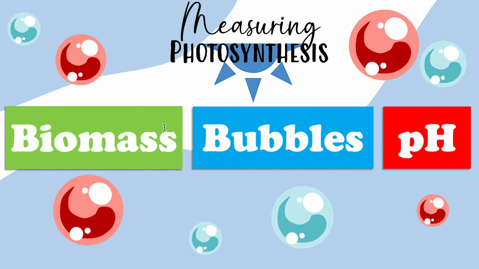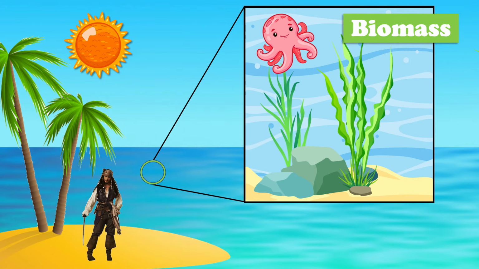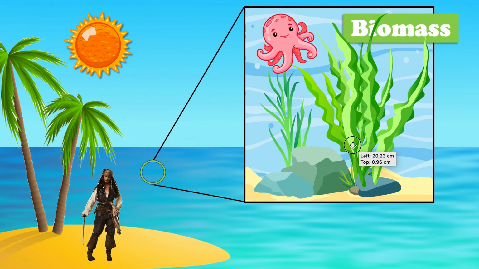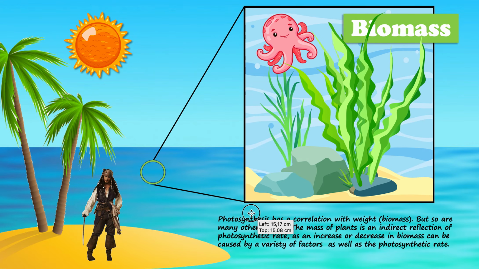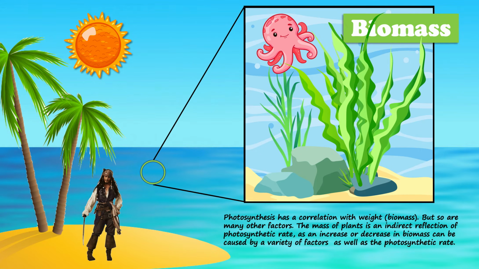There are 3 ways: biomass, bubbles, and pH. Let's start off with the first one, biomass. You and your friend can put your plant and make it grow. The bigger a plant, the more a plant increased in size, the more likely it did more photosynthesis, because photosynthesis is the process of making food so a plant can eat. So the more food it can make and the more it can eat, the bigger it's going to grow, right? That's biomass. Bio just means living and mass just means weight. So the more living weight it gained, the more photosynthesis most likely happened. So that's one pretty simple way for you and your friend to decide which one did more photosynthesis.